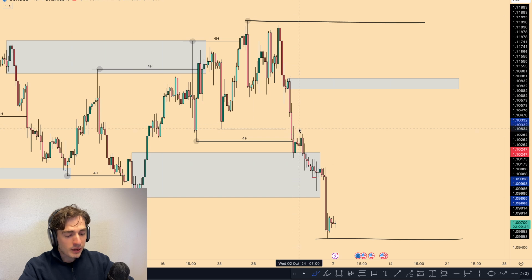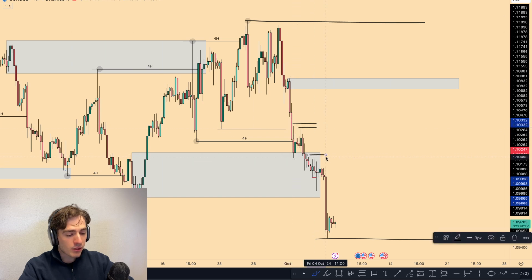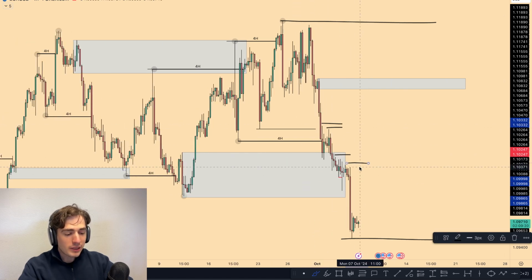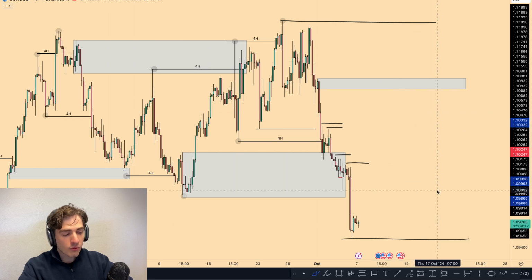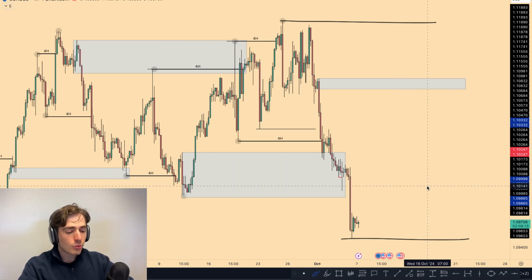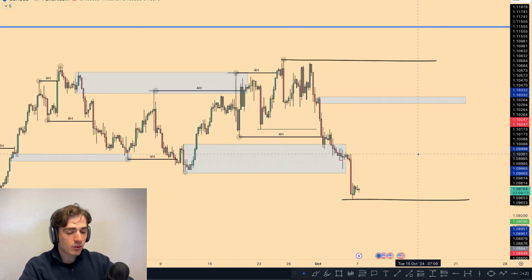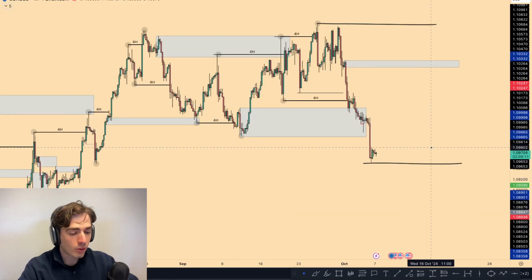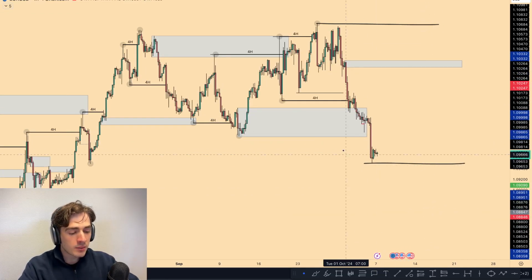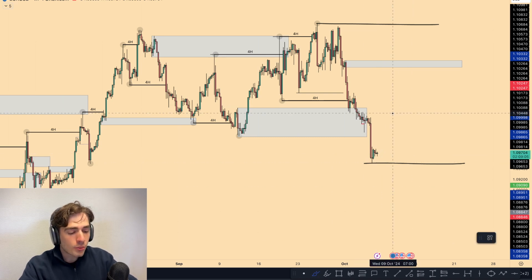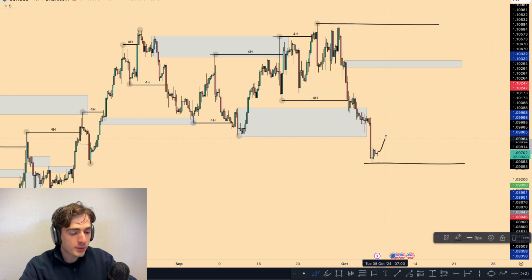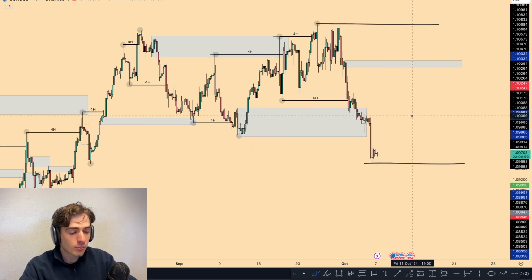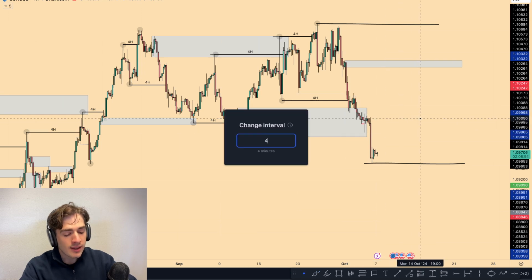Now, overall, we have these descending highs here with a lot of liquidity resting above them. Do we need to take those out first before, for example, dropping down lower? No, we do not, because if the momentum is really there on euro dollar, it could just keep on falling and falling. So at the moment, I'm sitting more on the sideline when it comes to euro dollar. I'm waiting for the pair to choose its hand. Are we going to see another swipe in towards the downside and then, for example, the pullback start, or are we already gonna start pulling back now here on the 4 hour and take out those liquidity highs? That is the next question.